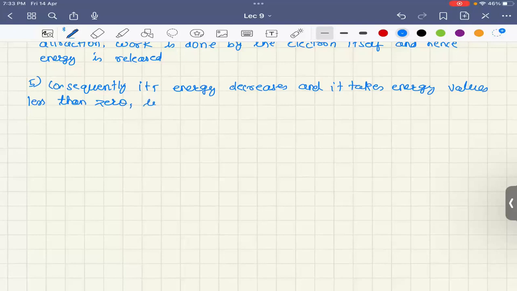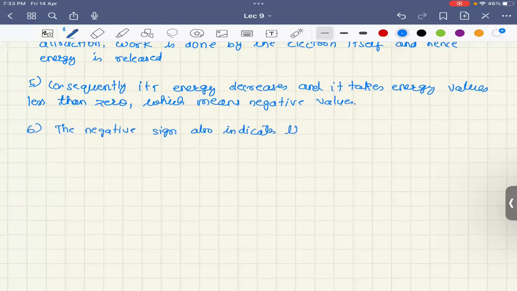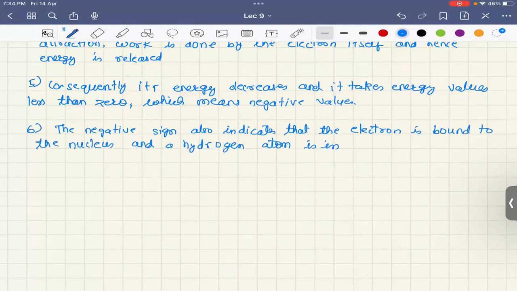Which means negative values. The negative sign also indicates that the electron is bound to the nucleus, and the hydrogen atom is in a stable state, right? In comparison